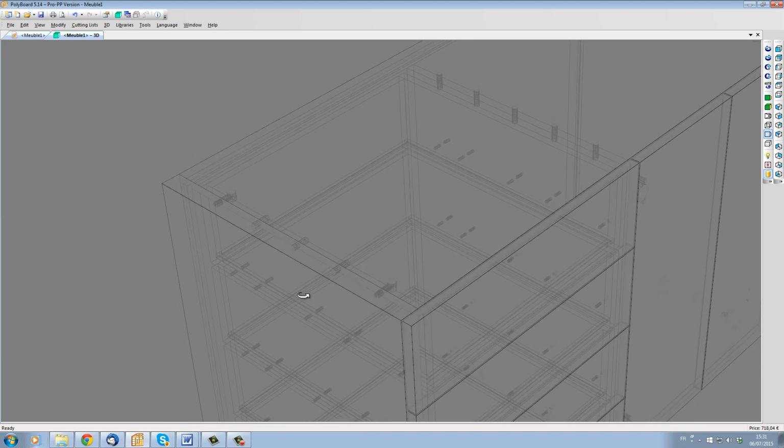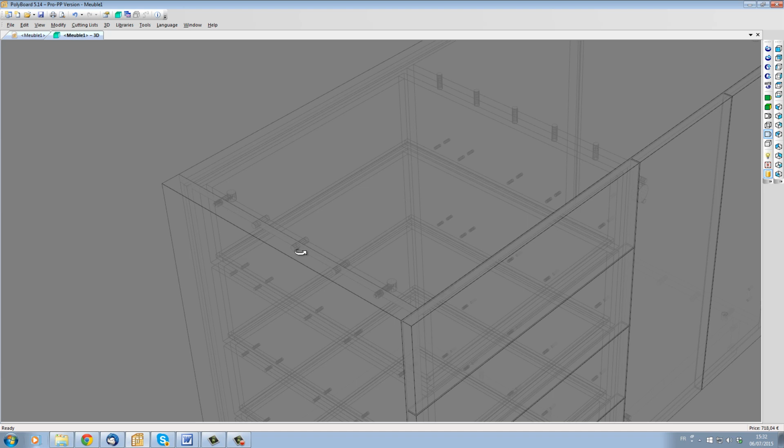Now as we have applied a Quick Design manufacturing method, if I want to change the hardware, I can just change the Quick Design hardware or its rule. Let's say I want to change the position of the dowels along this joint. For the moment we just have 3 dowels in the middle here. Say that I would like to put a dowel at 30mm from the end of each panel and increase the